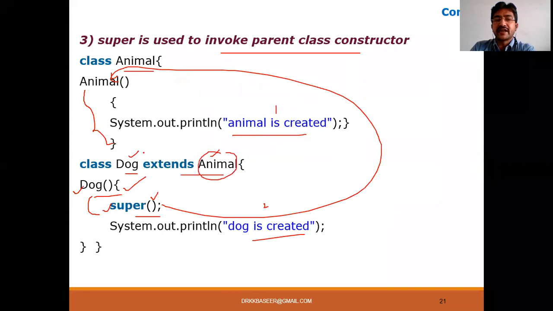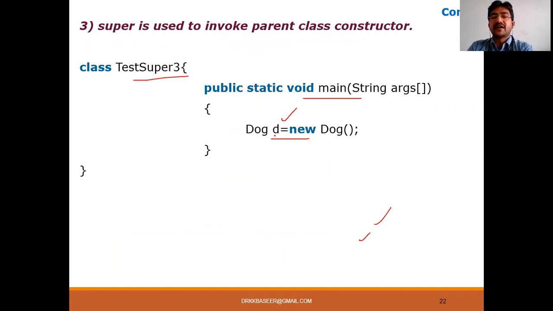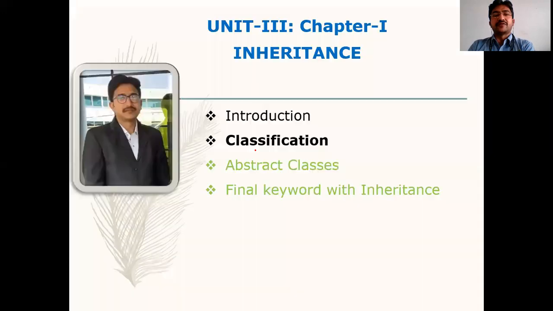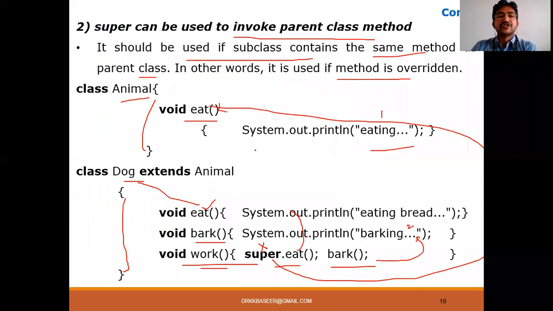So automatically when you create an instance for dog, creating an object for dog, the animal constructor will be called. For that also it is creating, implicitly creating an instance. Creating an instance is what? Calling that constructor. So creating an instance for the child D, automatically it will create the instance for the parent also. That's what it is showing clearly in the output. Okay, so that's about the super keyword.